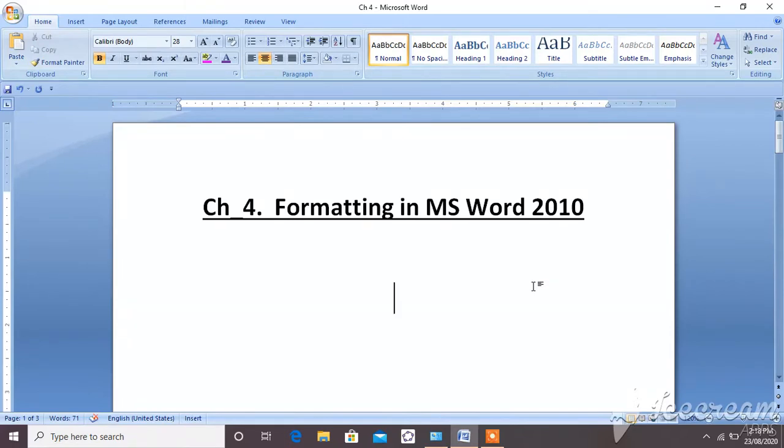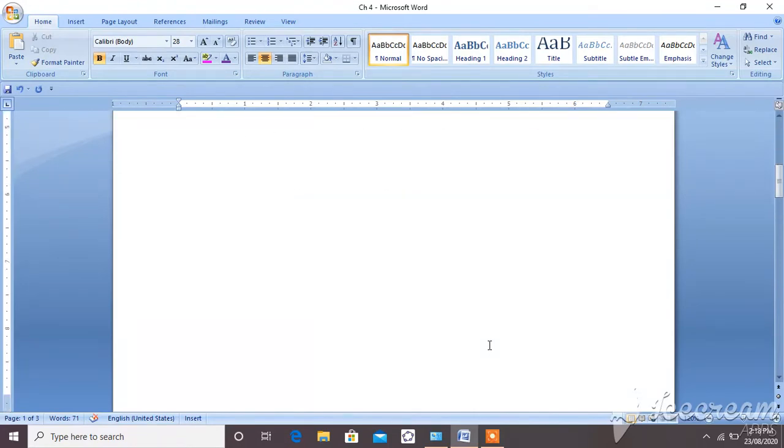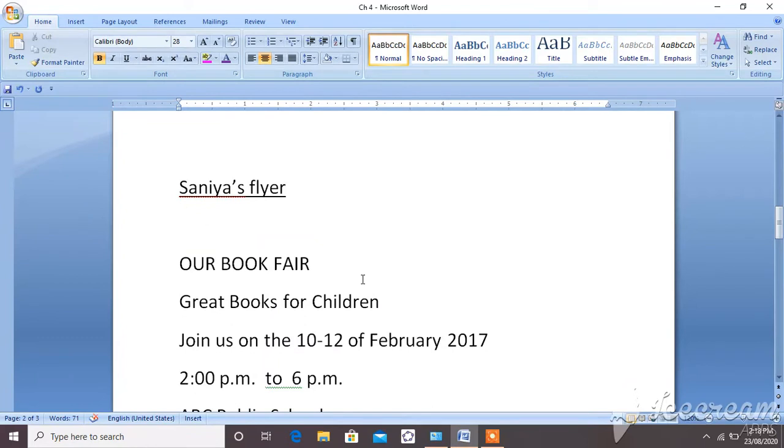So now see the section Get Set. In that, if anyone says make an advertisement, see here, Sania made a flyer, and Hamid also made some changes in it. Find out 5 differences between these two. Now see, Sania is a girl, she made a flyer. Flyer means advertisement, regarding